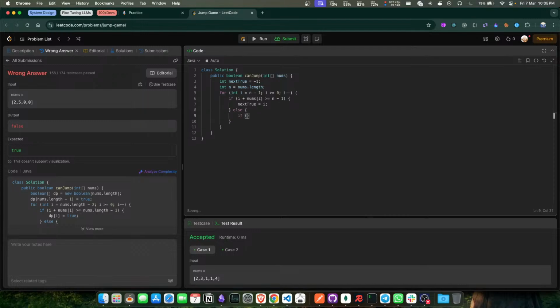If what now? I plus nums of I becomes what? It becomes 2, right? And the next index is 1, so 2 minus 1. It should be basically something like